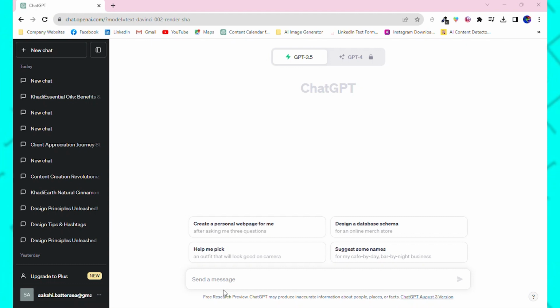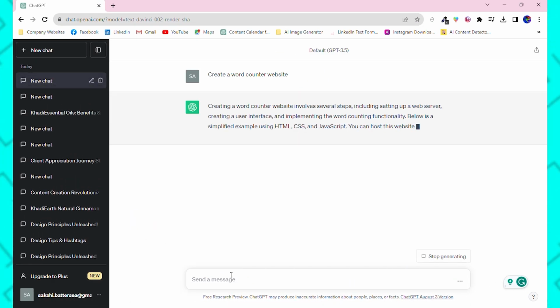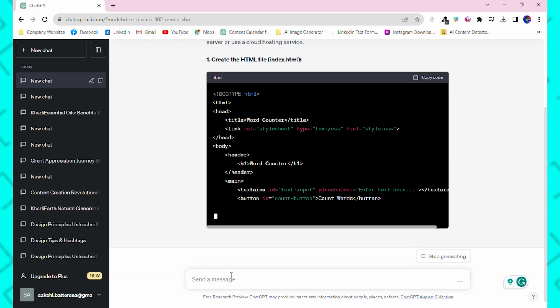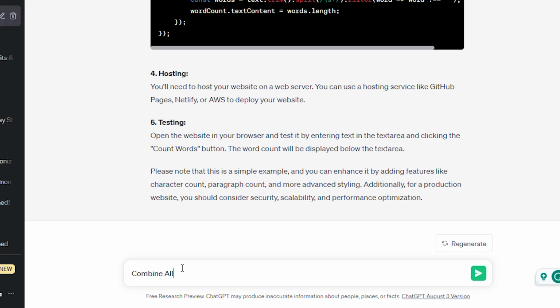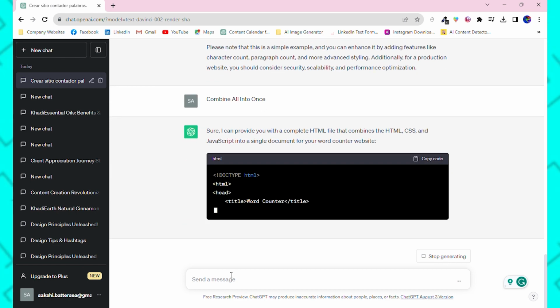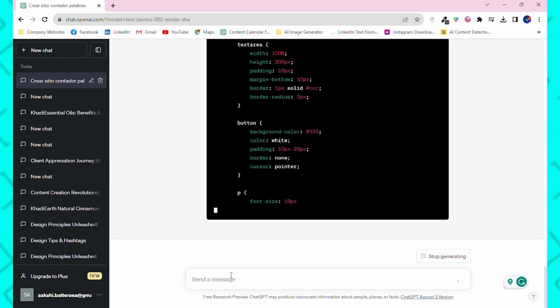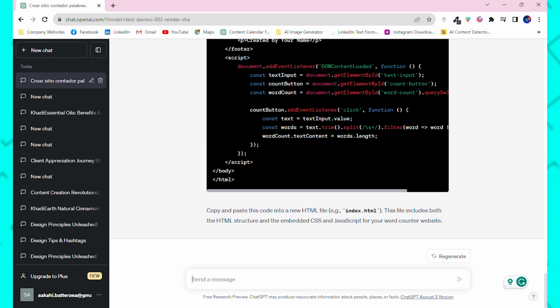First of all, you need to log in to your ChatGPT account. Once you log in, come to the chat box and give the command to ChatGPT to create a word counter website. Now here you can see after your command, ChatGPT has started writing all the HTML codes which are required for making the website. Once it's done, you can also give the command to ChatGPT to combine all into one. Now once you have given the command to combine all the codes into one, ChatGPT will start combining all the codes to make one website. Once ChatGPT is done with all the combinations, you can copy all the codes